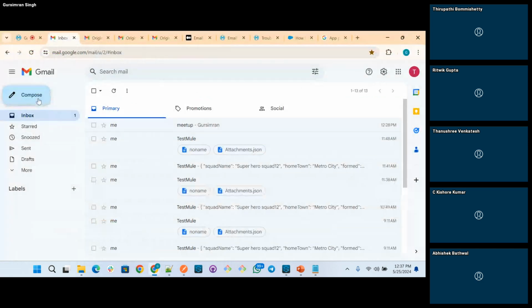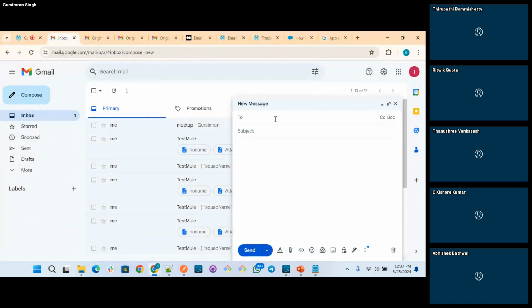If I send a new email, by default POP3 will retrieve all the emails present on the server. That is not useful, because we should retrieve only the new emails. To achieve that, we have to add some extra logic, like an object store or something.